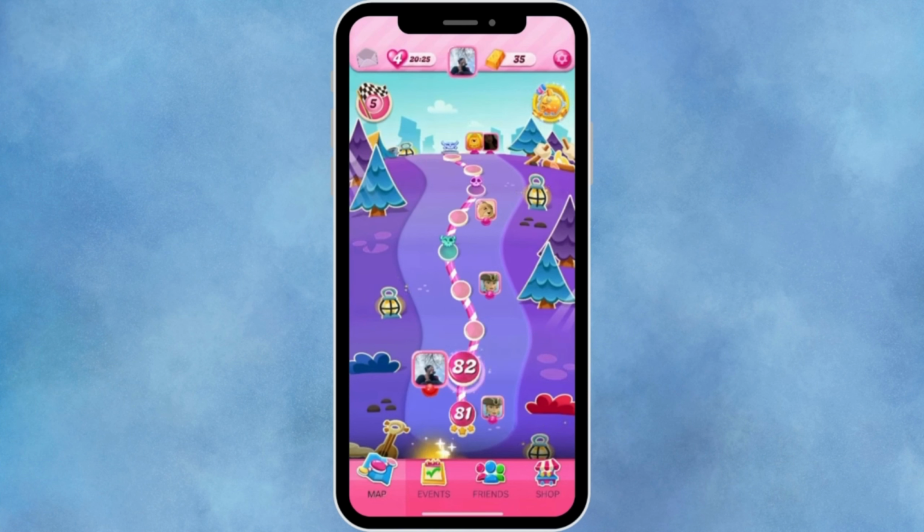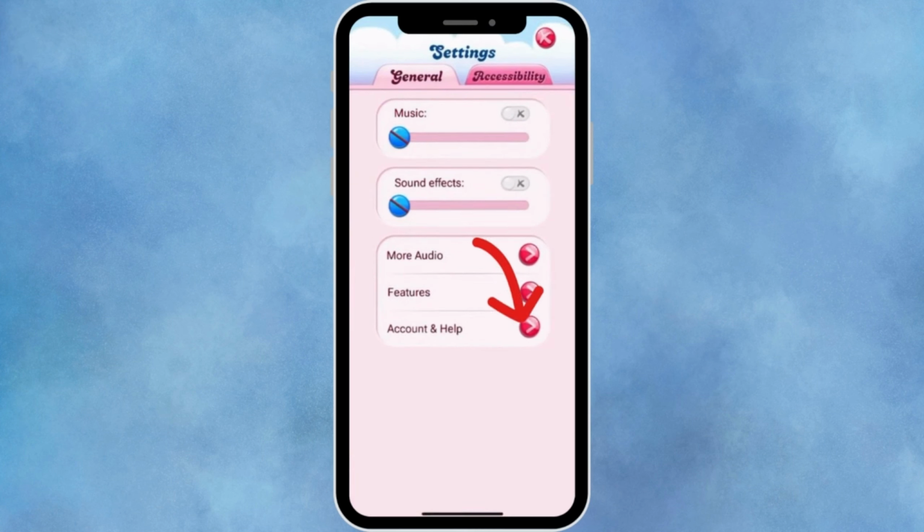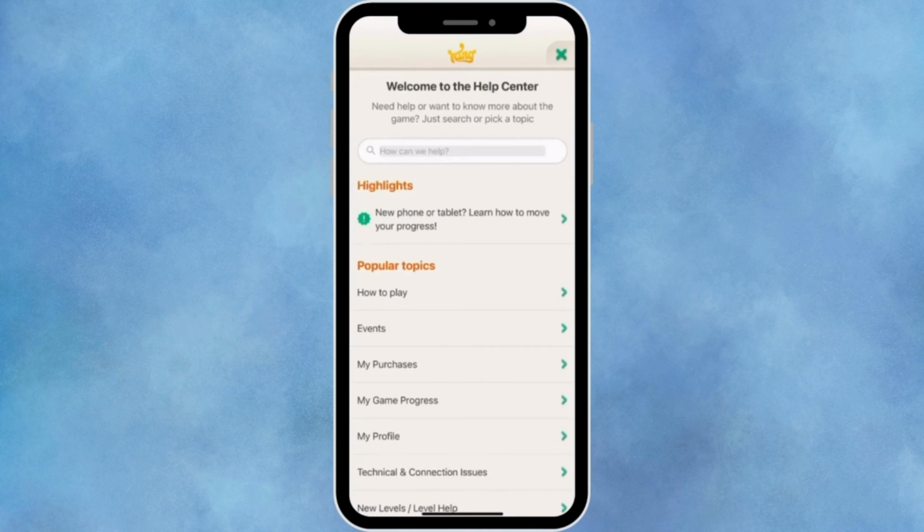On the home screen, tap the gear icon in the corner to open the settings menu. Scroll down and tap Account and Help. Tap Help Center. This will take you to King's official support page inside the app or redirect you to the